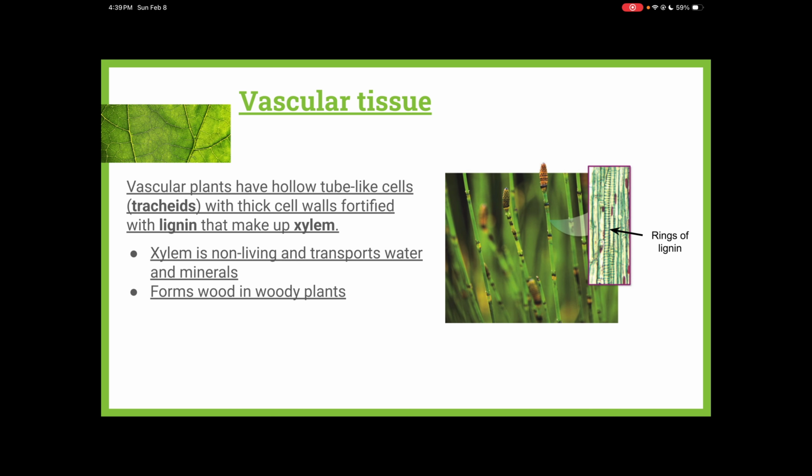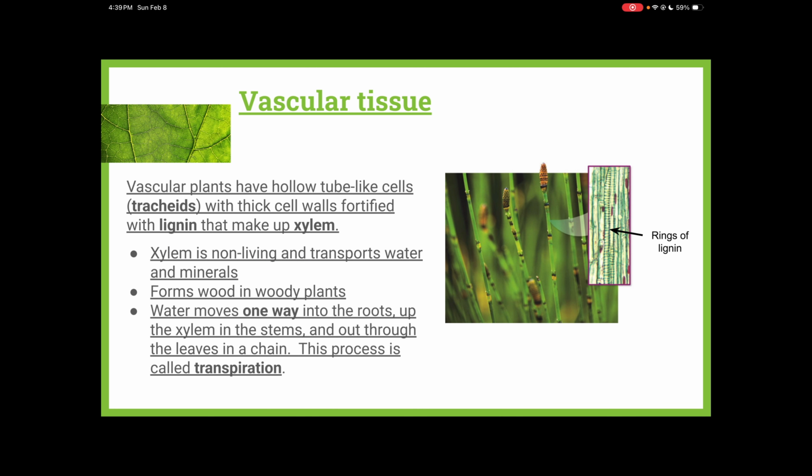In plants that have woody stems, it is what makes up the wood of those stems, like a tree trunk. Okay, water moves one way, up the xylem and out through the leaves. And we said just on the previous slide that this is transpiration. When the stomata are open, the water leaves and it pulls the water up the chain, right? How is a tree like Spider-Man? They both defy gravity because water is going up the plant.